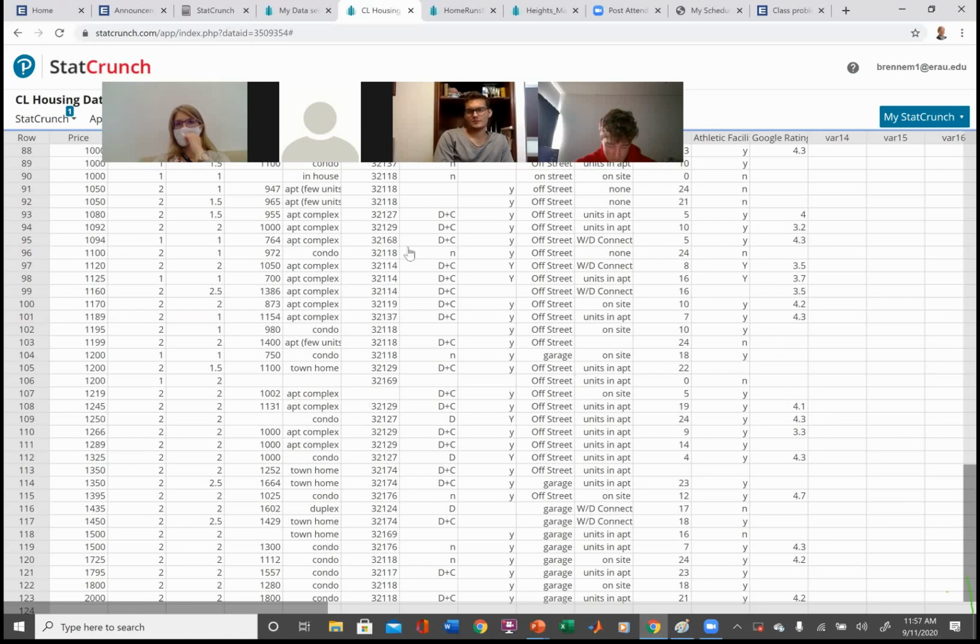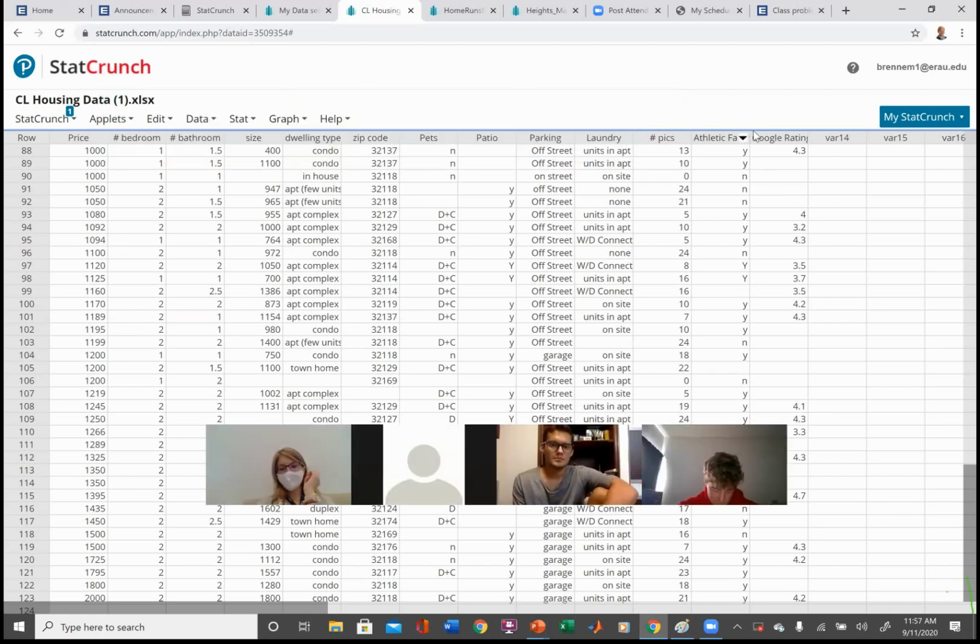If I was doing a more complicated analysis where I was looking at the relationship between, if you look at this guy here, this is Google ratings. If I want to look at the relationship between the Google ratings and price, I might think as price goes up, the rating goes up, right? Then I'd have to deal with the fact that there's missing data values, but I'm not looking at relationships, okay? So we're all fine.